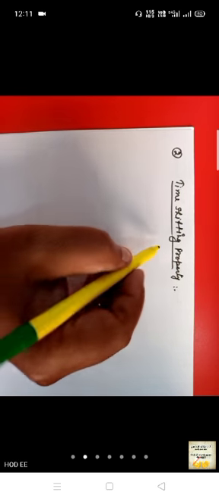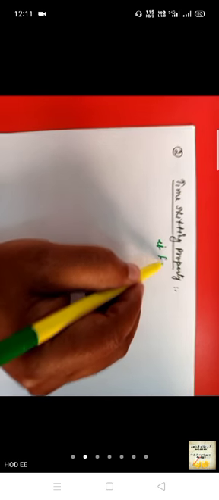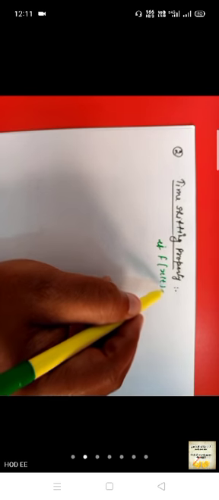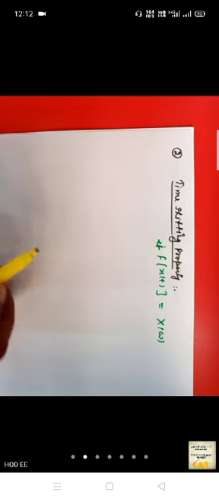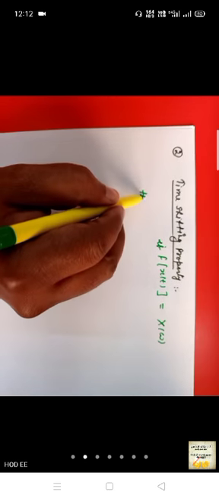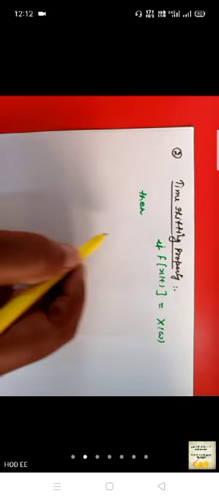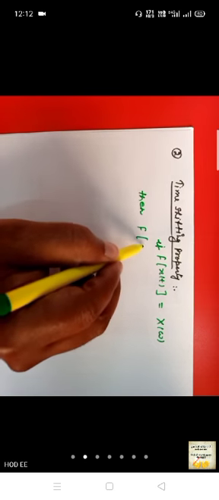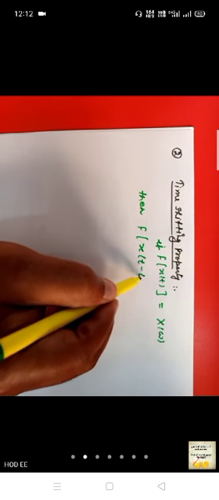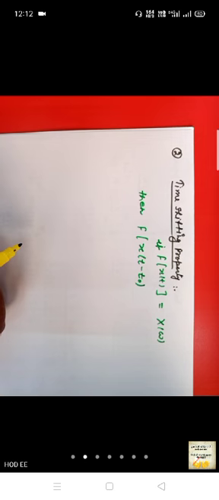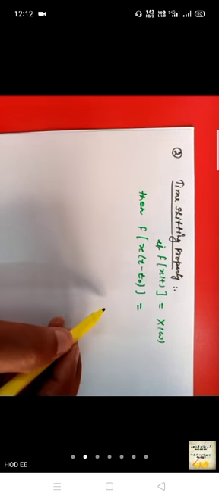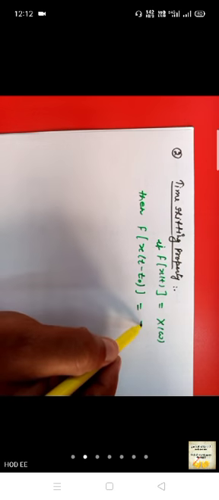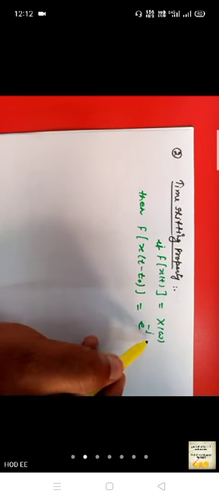According to this property, if Fourier transform of x(t) is equal to X(omega), suppose, then if we make a time shift, Fourier transform of x(t minus t naught), which is a time delay, is equal to e raised to the power minus j omega t naught